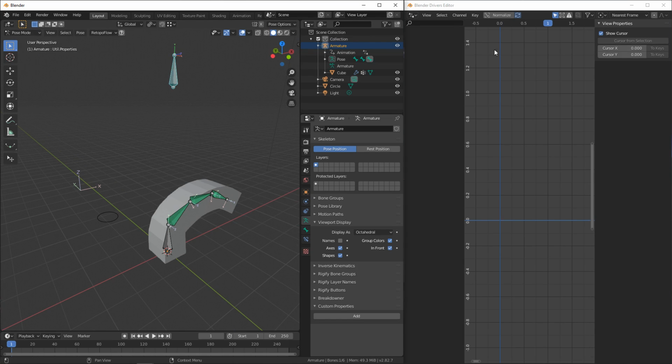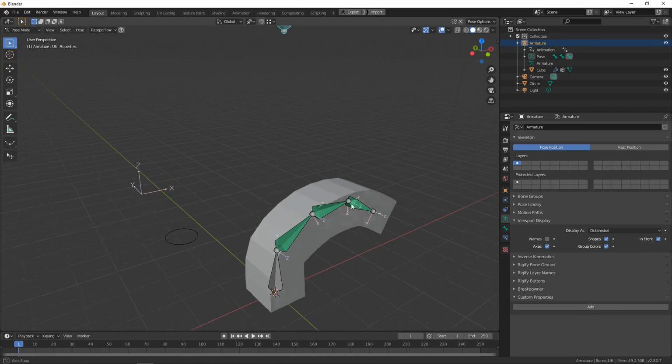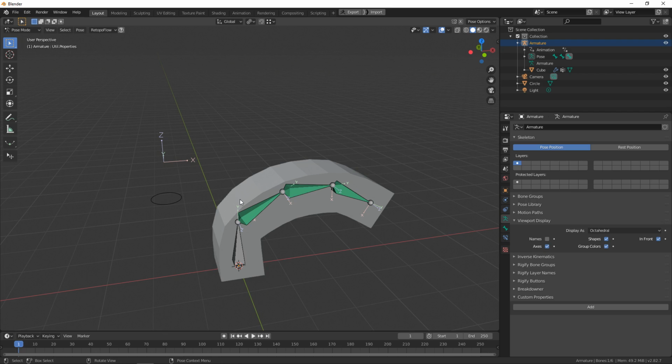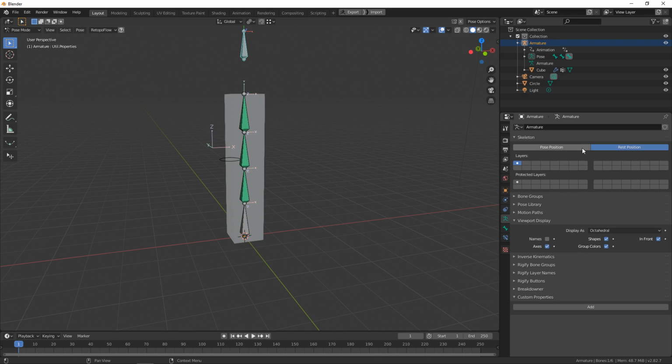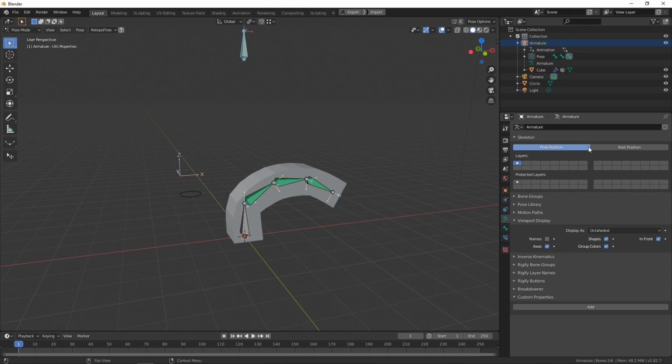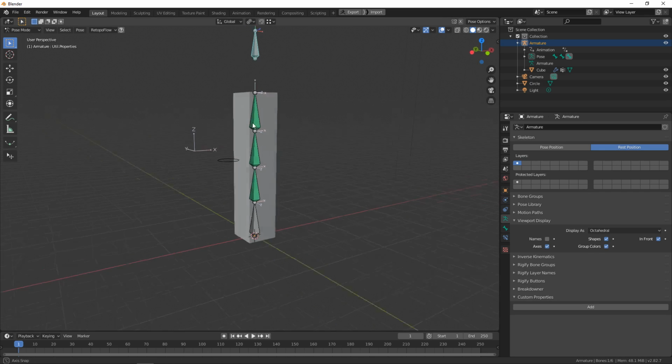For organization, we've already gone over the basics of organization. I'm just going to exit out of this and maximize this window. But within the scene and within the rig that you'll be saving out as the final rig, there's a little bit more organization that you should do. Whenever you have a character being sent out, in the pose position, everything should be within the neutral position. That's just general practice. Rest position is this switch right here, which is for the animators to use. Not sure why the animators would really use it, but it is there for them. I suppose maybe it's to see where the pieces on the character originally are. That's the only thing I can think of. Anyway,